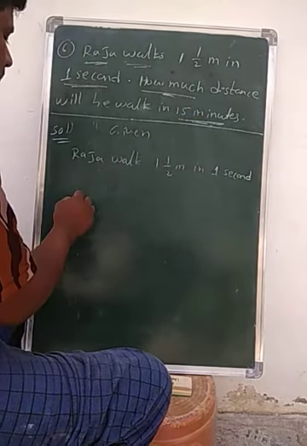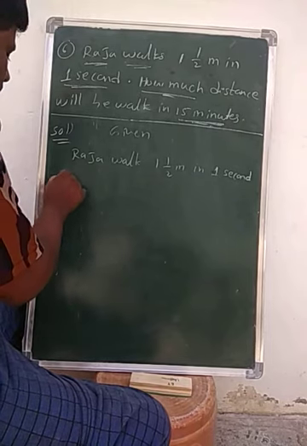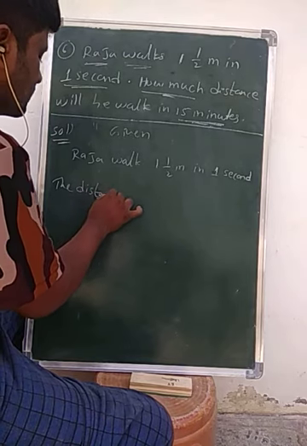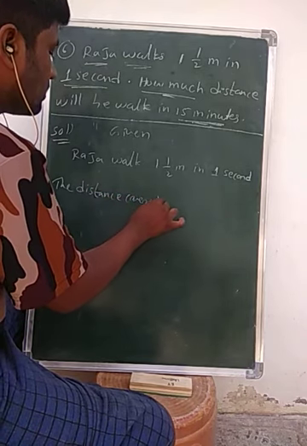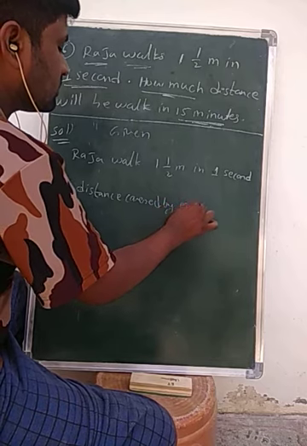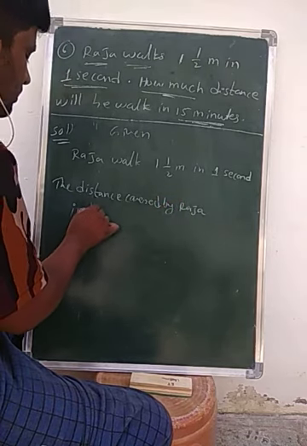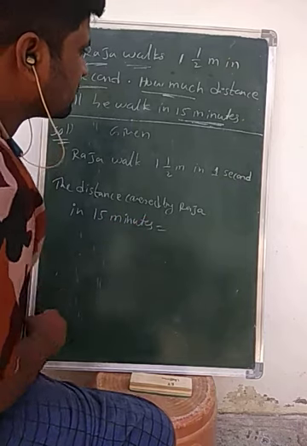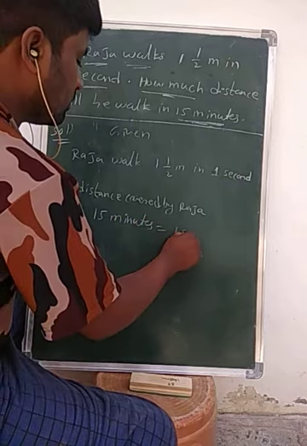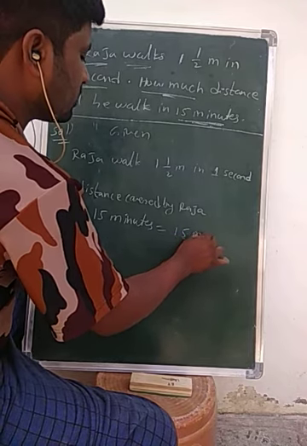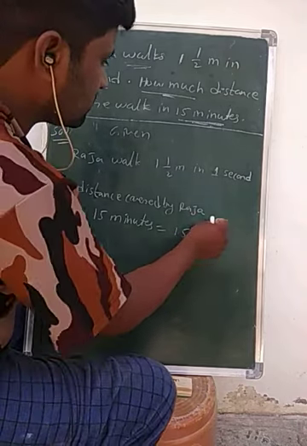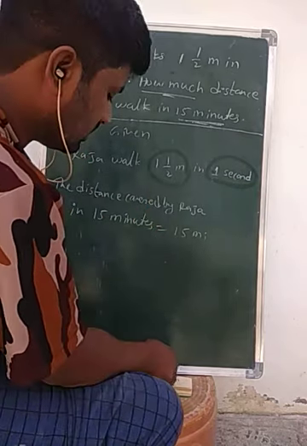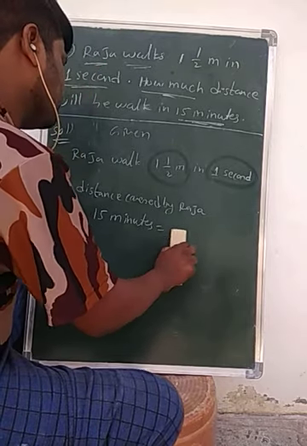15 minutes. So we can write the distance covered by Raja in 15 minutes, that is equals to 15 minutes into, but here in 1 second he covers 1 by 2 meters. So that's why what I am taking here,